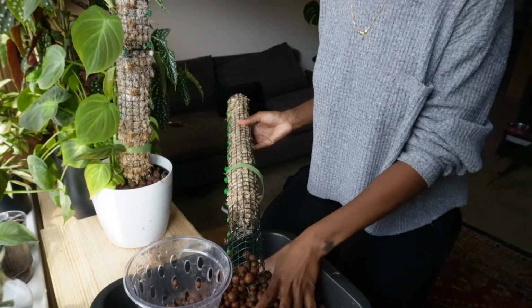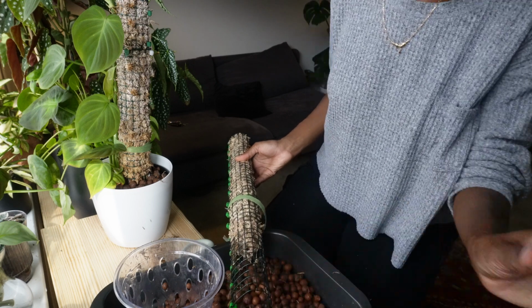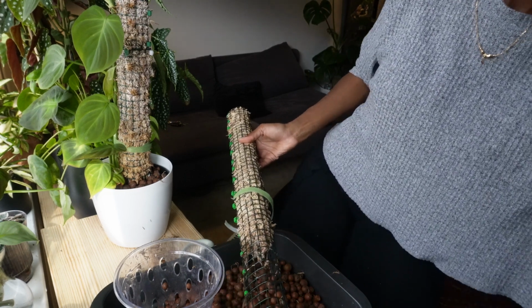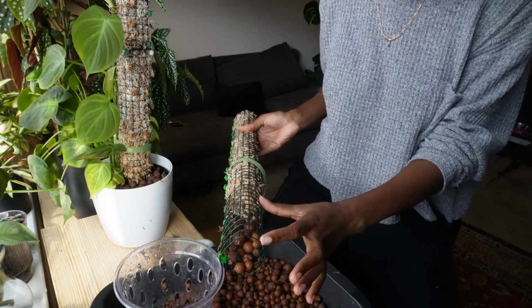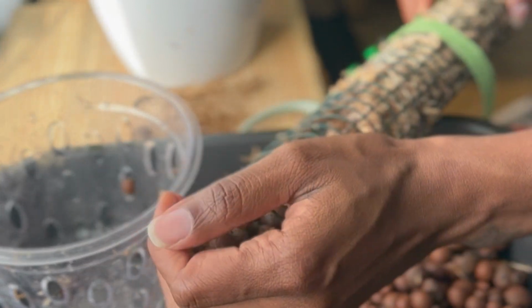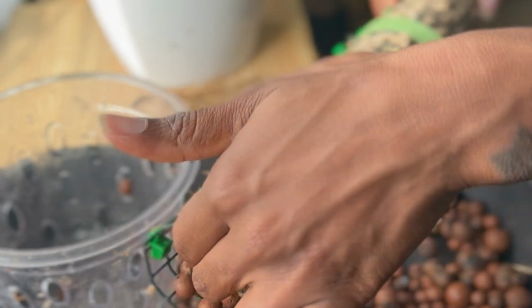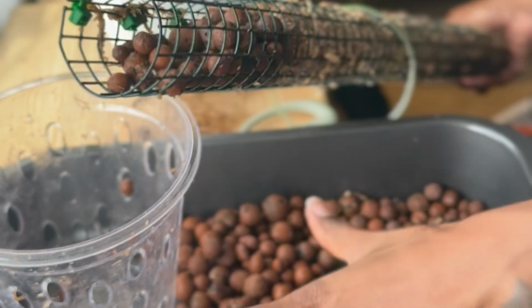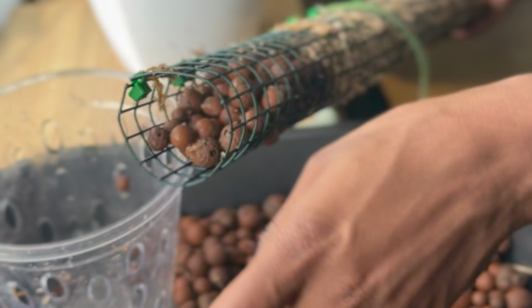So first thing that I do, being that this one is going to be on a moss pole, I want the pole to be filled with leca on the inside. So I actually take some of the leca and I fill it inside of here, and I just keep filling it until this whole gap is filled up. And I just keep filling it up. There's gonna be some that falls out, but